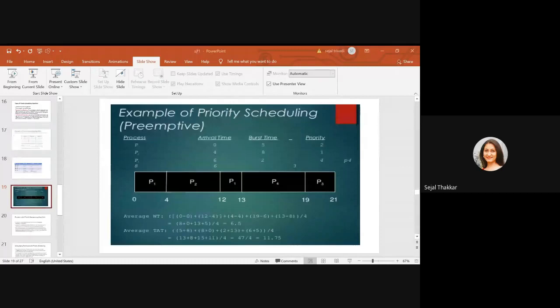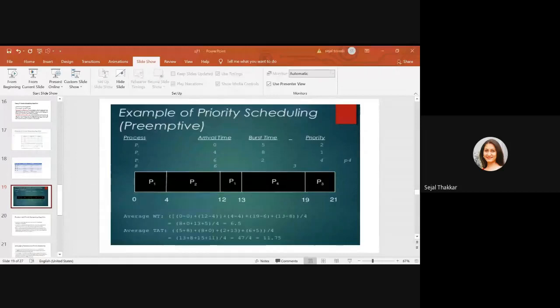So as per this, P1 has the highest priority because at time 12 all the processes have arrived. When all the processes have arrived, you need to just check the priority. Whichever has the highest priority, you proceed with. So P1 has a priority higher than 4 and 3, that is P3 and P4. So you need to proceed with P1. But P1 has only 1 unit remaining because 4 units you have already executed, right? So at 13, P1 will complete. Now you can also remove P1 from the ready queue.